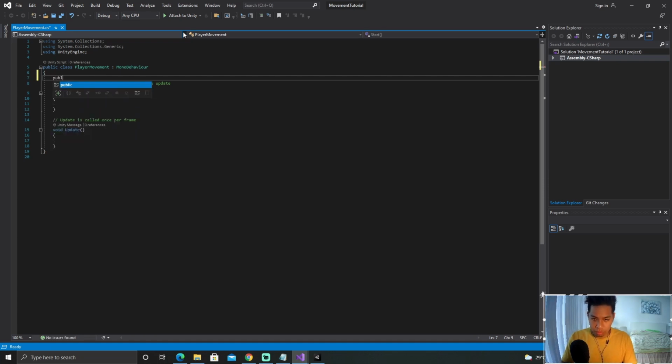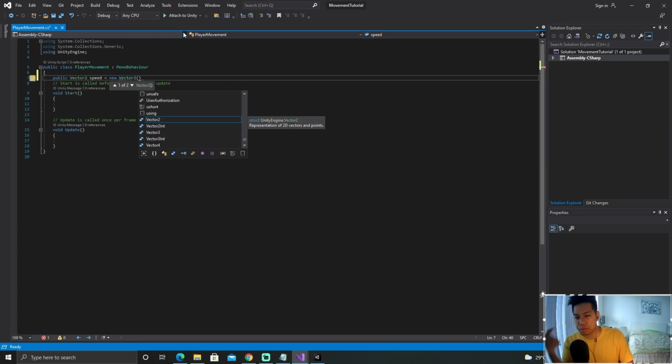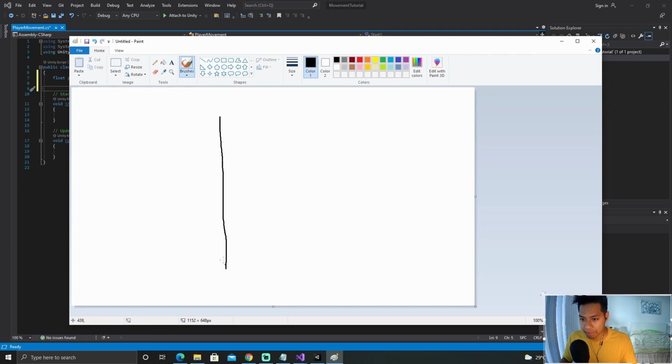Okay, we're gonna make it a public variable. This way we can access it in the inspector, and we're gonna create a Vector2 object, and then we're gonna name this speed, and then we're gonna initialize a new Vector2, and Vector2 pretty much takes an x and a y. So we have this little plane